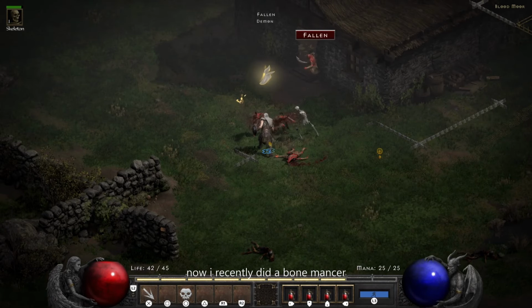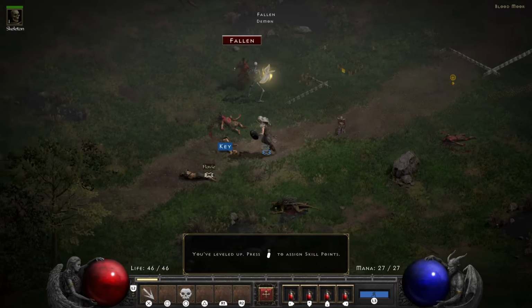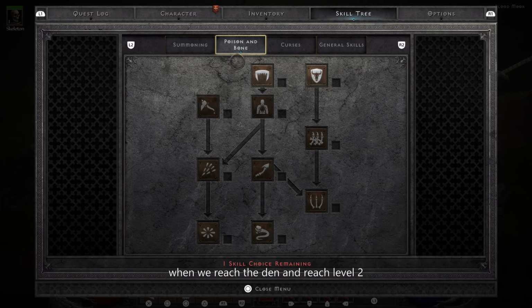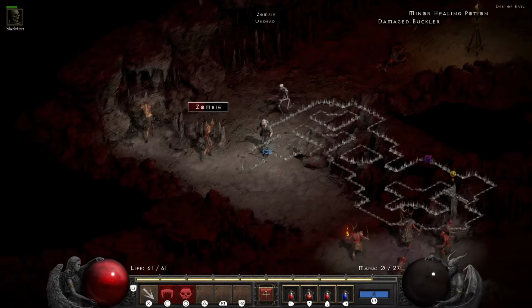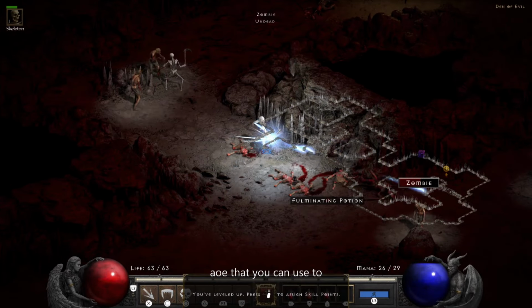Now I recently did a Bone Mancer, so it only makes sense to go fishy here. That, and also because it is often lauded as the safest build in Diablo 2, and for good reason. Thus, when we reach the den and reach level 2, we will be putting our first skill point into Teeth. Now before you shower me with comments of potential blasphemy, it is technically a part of the build since it is a prereq of Corpse Explosion, and it is an excellent source of AoE that you can use to clear